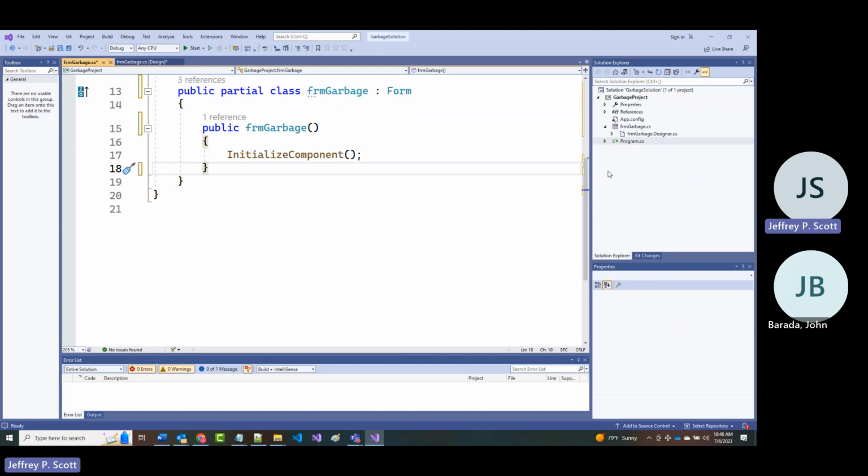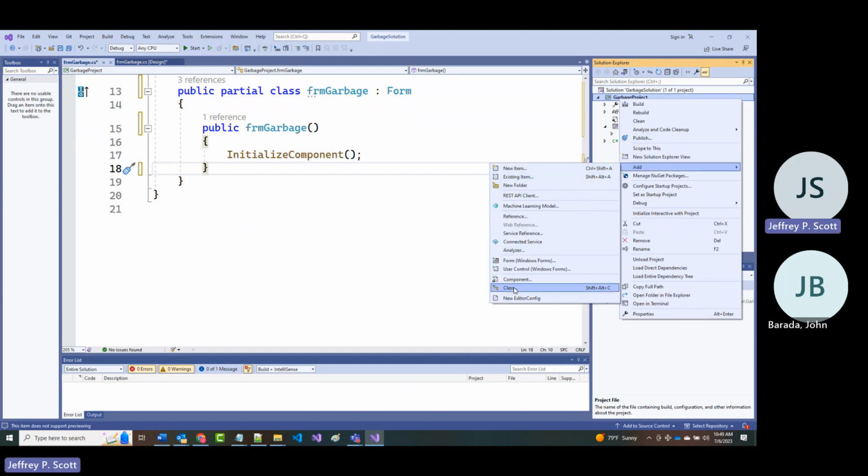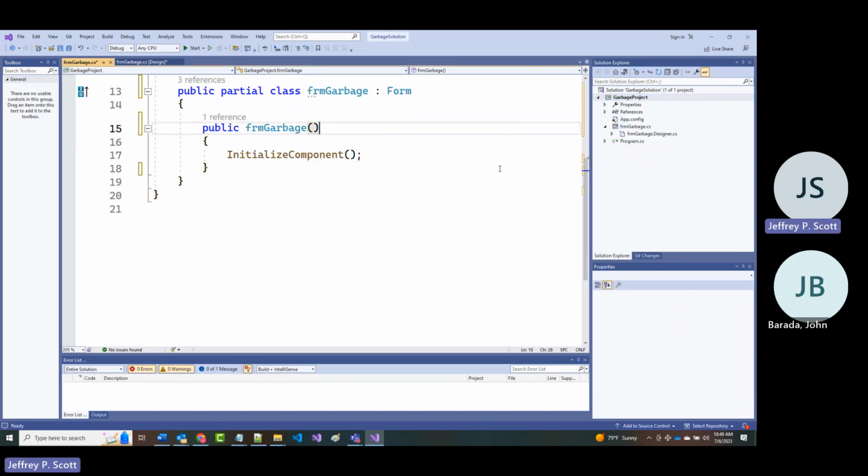So rather than right mouse clicking on here and choosing add and going to class, which we can do, but then for lack of better words, that class is kind of tethered to the project. So let's not do that. Instead, not to our project, but let's go to our solution here.